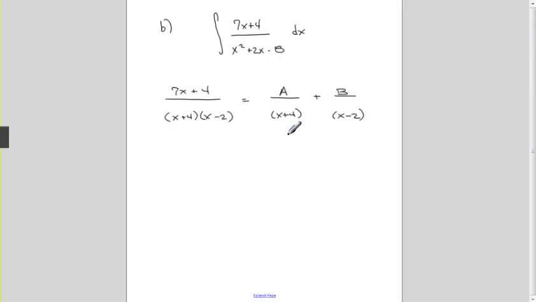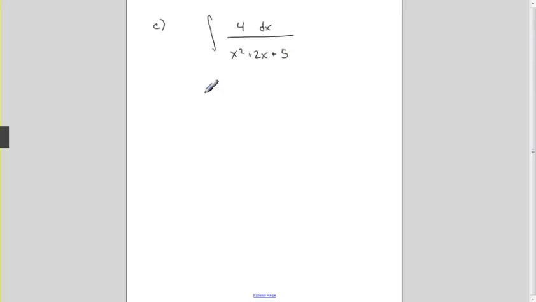And then we'd have the integral. And so, one term would be the natural log of x plus 4, and the other term would be the natural log of x minus 2, all multiplied by these specific or corresponding factors. So that would be the second part. And then the third part,